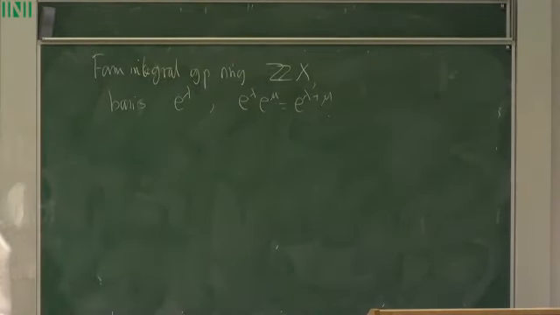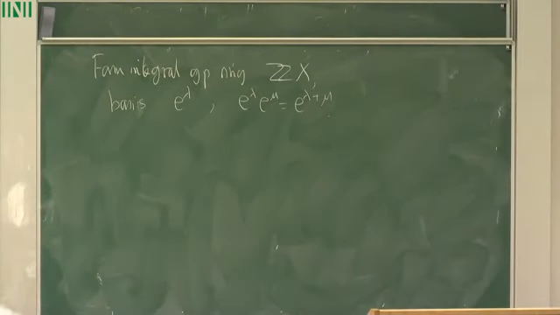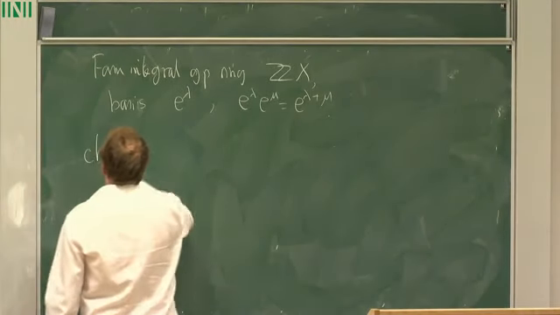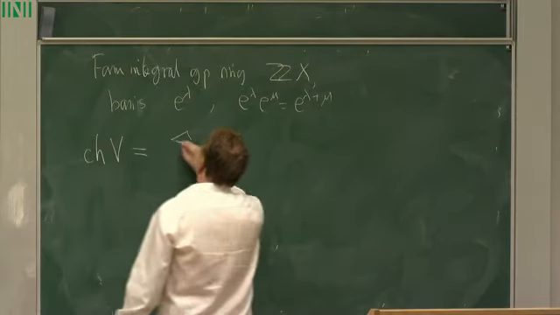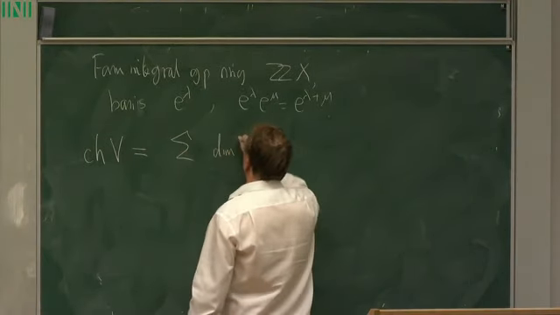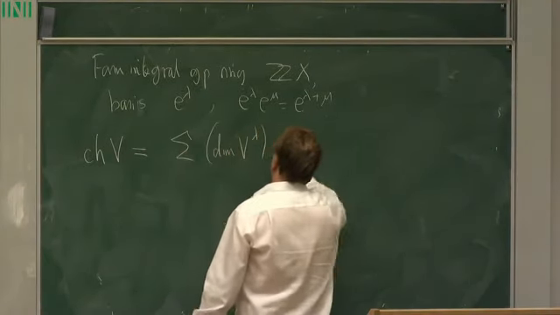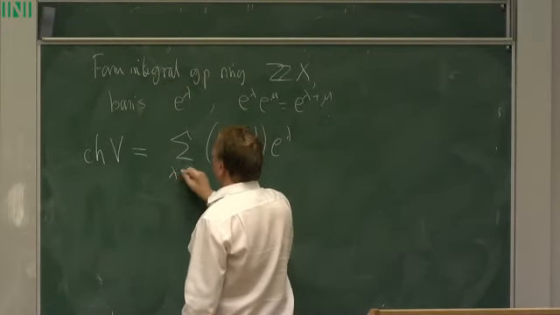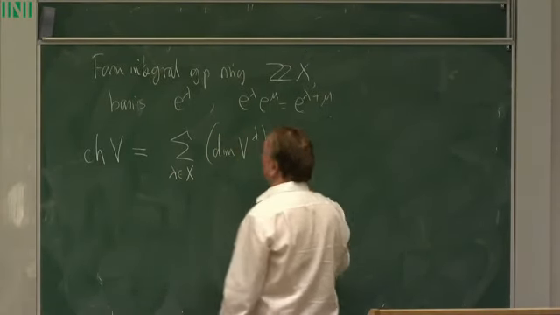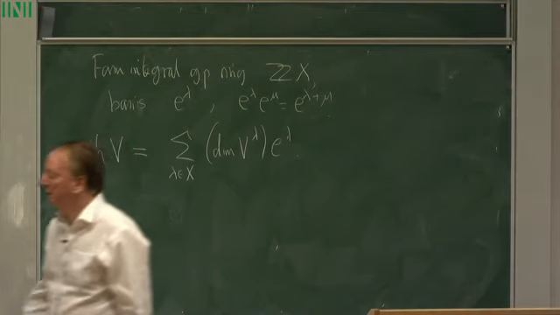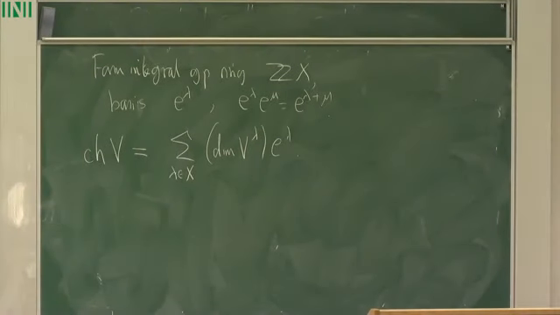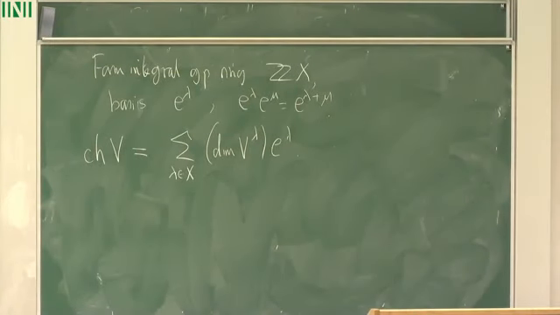And now the formal character is the element which records all the weight space dimensions. Leave it at that for the moment and move on to